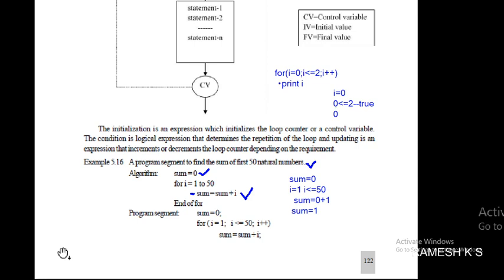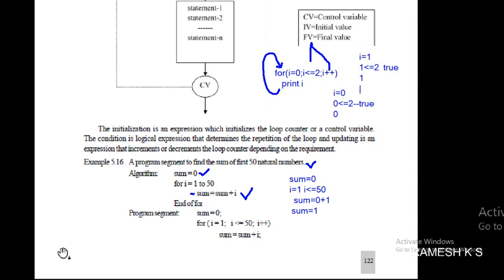Then it moves back to the for, and I value is incremented by 1 unit, so I becomes 1. Again 1 less than or equal to 2 is true, so print I, and 1 is printed.